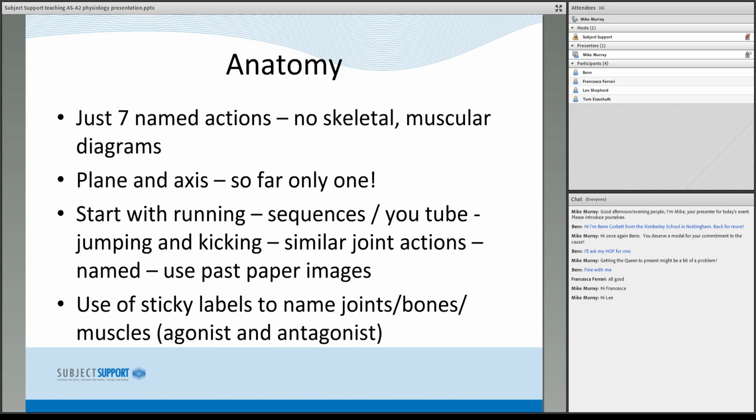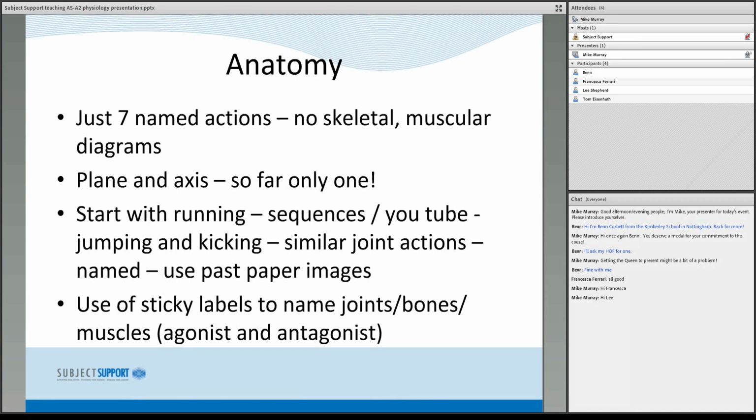The other movements, the throwing and the tennis racket stuff, and to a certain extent press-ups if your arms are quite wide apart, the plane and axes are very difficult to isolate in terms of telling the candidates which actual plane and axes we were after as an answer. So I'm not sure that sort of question would be asked. If it was me delivering this, I would stick with a single plane and a single axis, which the kids will either get right or wrong. And if they ask about the other planes and axes,